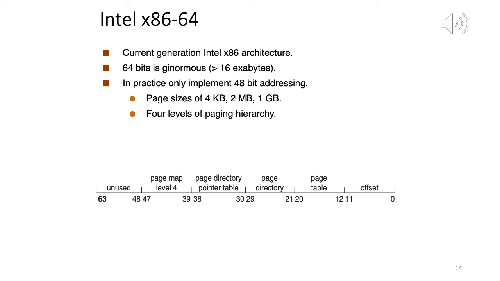So support for 64-bit address space yields an astonishing 2 raised to 64 bytes of addressable memory, a number greater than 16 exabytes. Yes. However, in practice, far fewer than 64 bits are used in the current designs. So the current x86 64 architecture provides 48-bit virtual addresses with support for page sizes of 4 KB, 2 MB, or even 1 GB, using different levels of paging hierarchy. Okay. So even up till 1 GB can be supported.